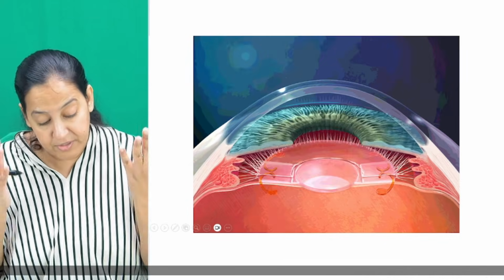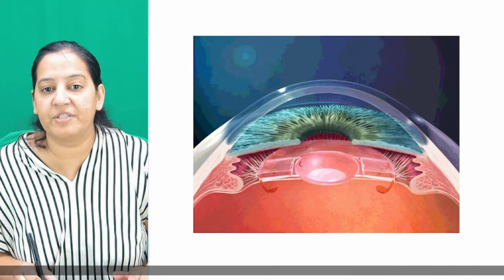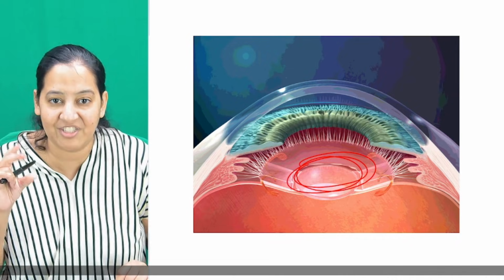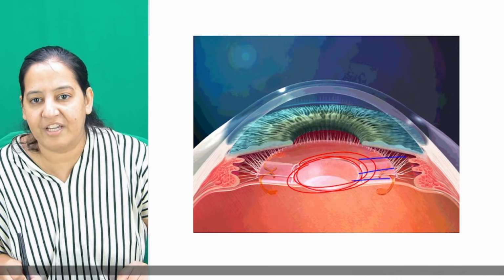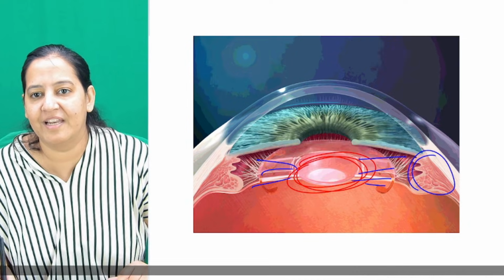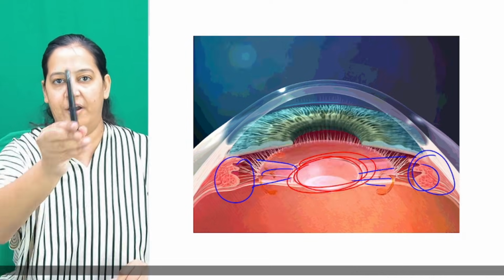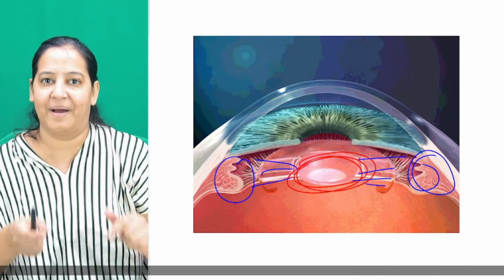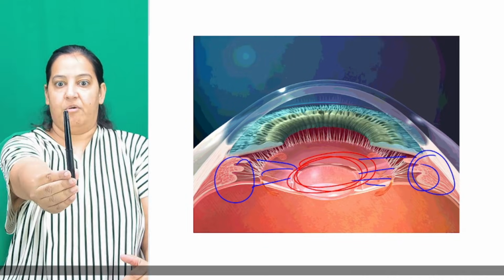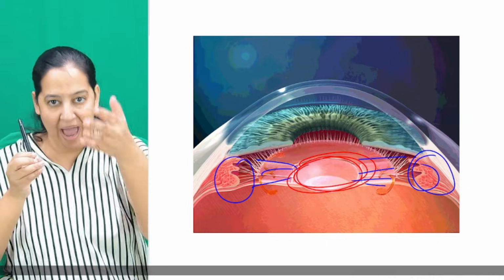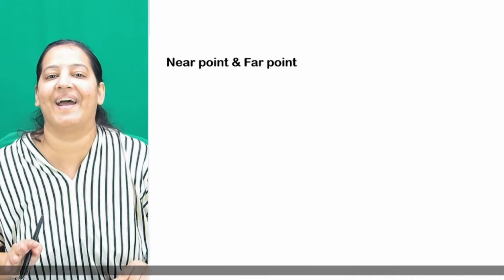That's accommodation. The great God has given the property to the human lens that it can change its thickness. Appreciate that it is attached to the zonules like this, and appreciate the ciliary muscle, which is contracting and relaxing when we change the vision from far to near. This is what's happening in my eye. Very easily I change the vision from far to near. This is actually happening in the eye at ground level.